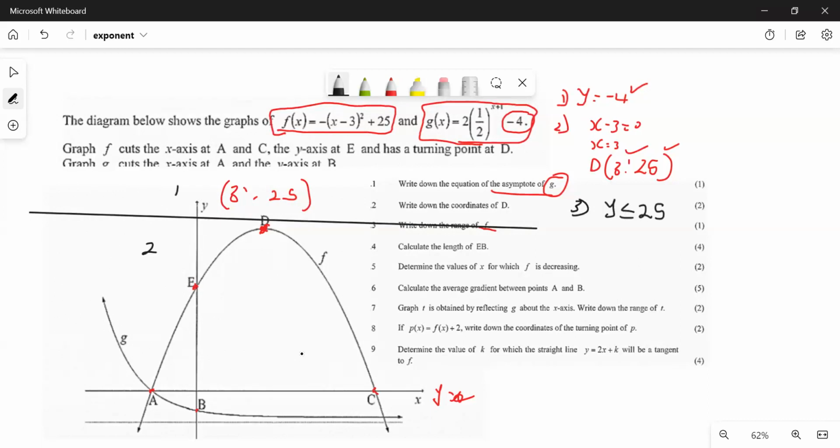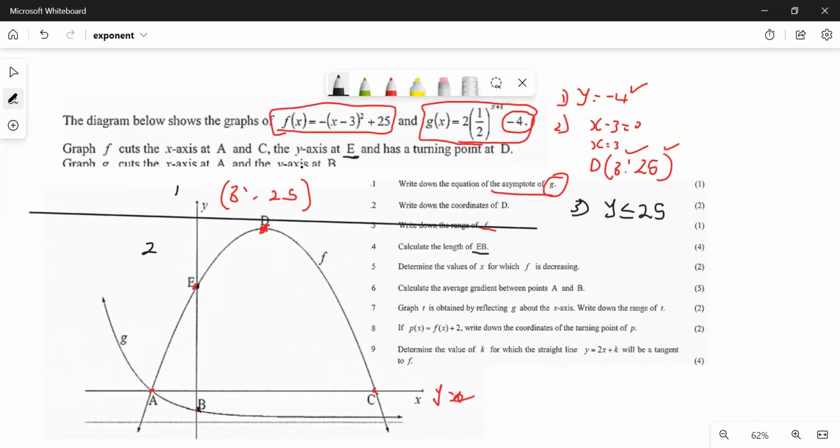Let's go to number 4. What are we doing on number 4? On number 4, we are determining EP. Now we are looking for E, and then we're also looking for P. They already told us what P is. They already told us what E is. If you are not sure, go and check there. They said E is